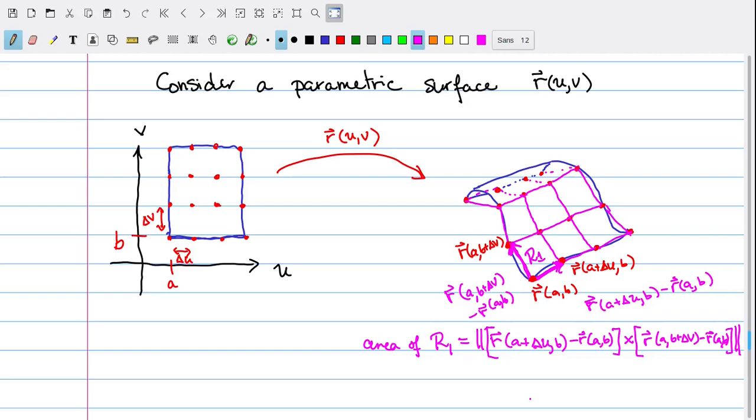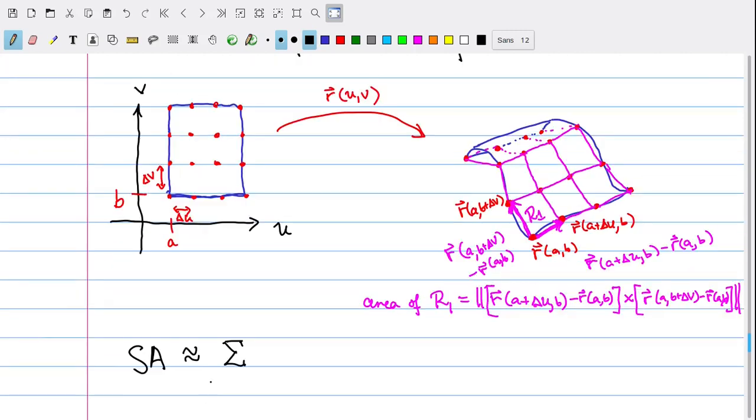Now to get the whole area of that purple surface, I'm just going to sum over all those different rectangles. So the surface area of the blue is going to be approximately, and since it's approximate, we use squiggly equals, the sum over i and the sum over j, because I need to sum over all the different rectangles in u and v, and these are indexed by i and j. So in fact, if I let R1 be really R11, the next one be R21, and R31, and then going up R12, and then R22, and so on,